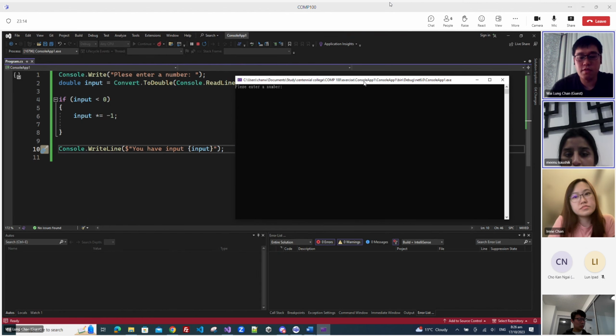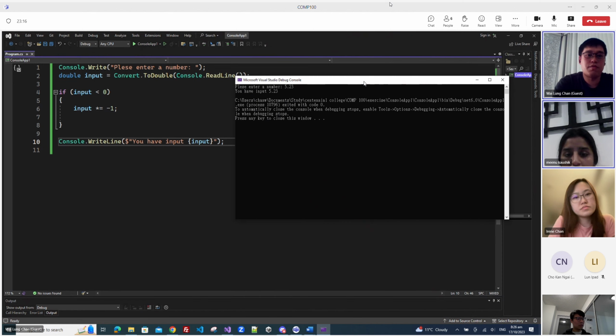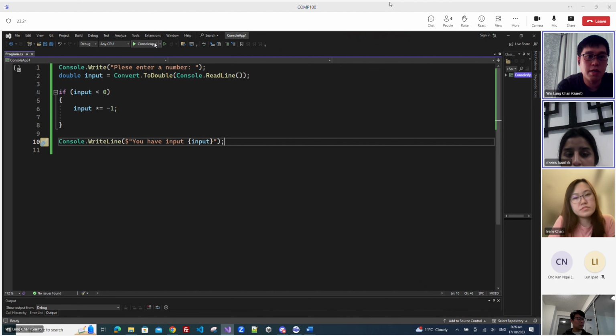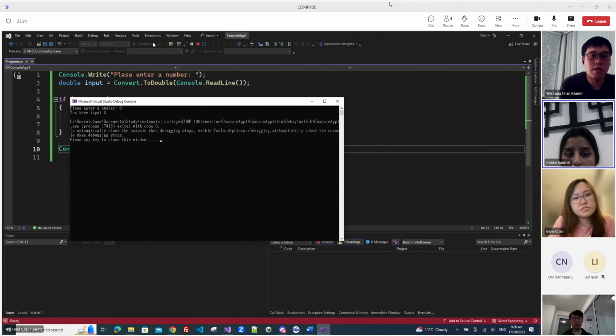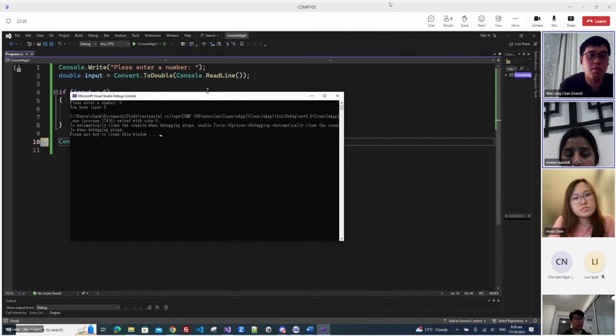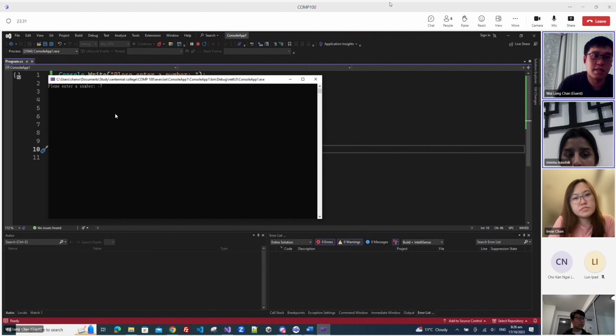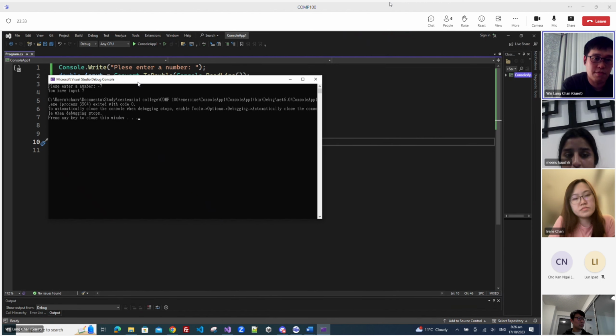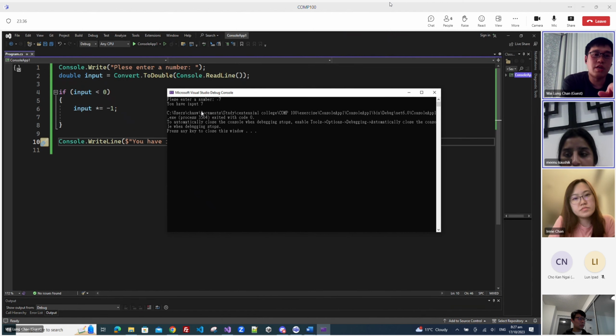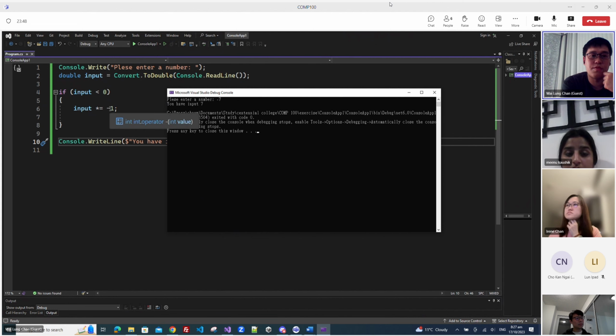Maybe we can try. Yeah, it is 5.23 if I enter 5.23. So you try the marginal case which is 0. Then it outputs 0 because 0 is not less than 0. So if we enter -7, yeah, it will show 7. If we are using the if case, it means that we enter -7, we determine it is less than 0, then we times -1,